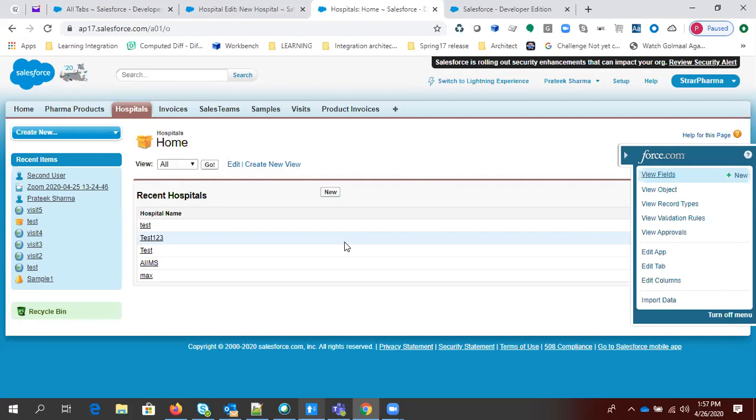So by just changing the profile permission, you can change whatever metadata that particular user can see. So guys, one thing just remember, one user will always have one profile. If anything changes on the profile, that particular user will be affected. But if more than one user has the same profile and anything changes on the profile, all the users related to that profile will be affected, right? So always remember that thing. One user will only have one profile, but a single profile can be assigned to multiple users.